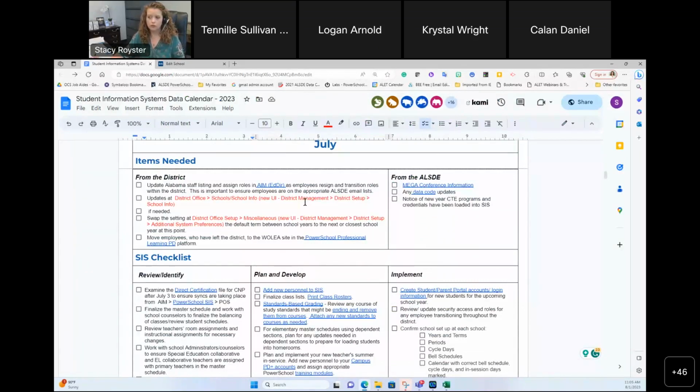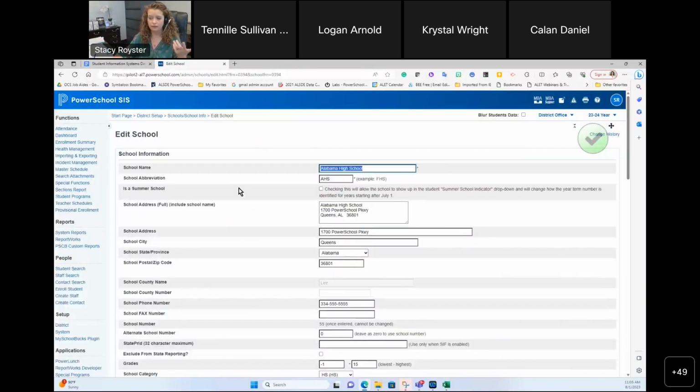Also, currently we are in between school years. If your school year has not started yet, have you gone ahead and flipped the flag so that when you log into PowerSchool, you are automatically seeing the upcoming school year? A lot of people, at the end of school, change it back to the previous school year, so it kind of stays stuck in last year, so teachers can't go over to the next year, or it automatically defaults to where we need to work. If you have not flipped that flag yet,